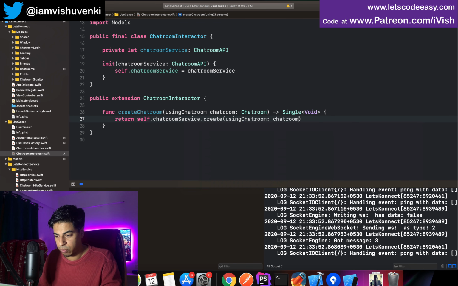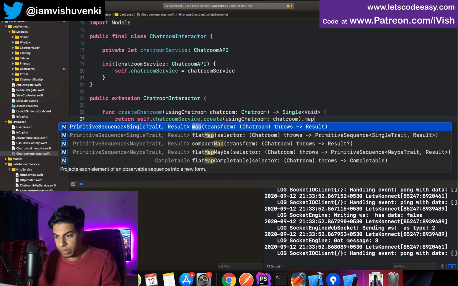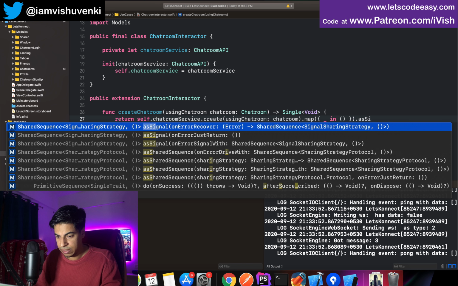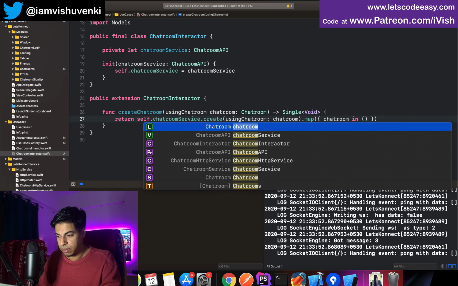I'm just going to pass chatroom and maybe map it currently because I don't need the chat room to be sent back. I'm gonna just map it to underscore in empty so that I can say as single or something. Oh, it's already a single, so I can just say this. So it's not going to give me an error, but I'm gonna replace this code with something else later. This is what my current code is, where I'm transforming the create response to an empty response. This is already carrying the chat room. Maybe if you want to see that chat room in